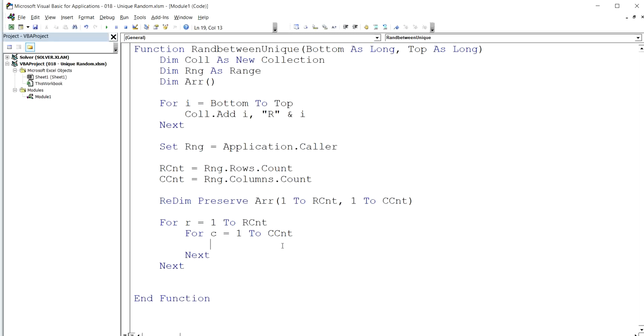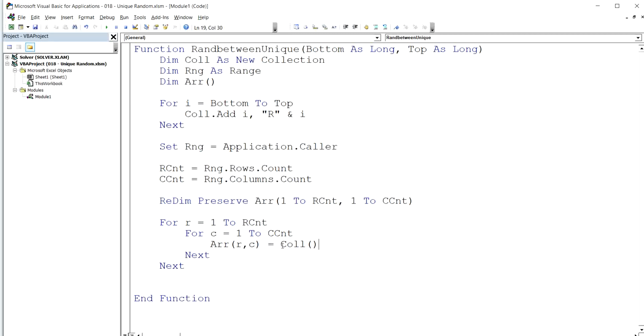Now let us do one thing. We need to store in our array, right? So we would be writing R comma C. But from where do we want it? We want it from the collection. So we would be writing collection over here. Okay. But what would be the upper range of the collection and the lower range? The upper range we already have.